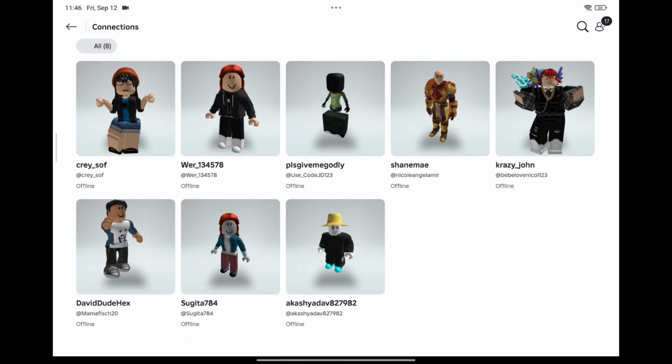That's how you can easily accept friend requests on Roblox quickly and easily, whether you are using mobile device, tablets,